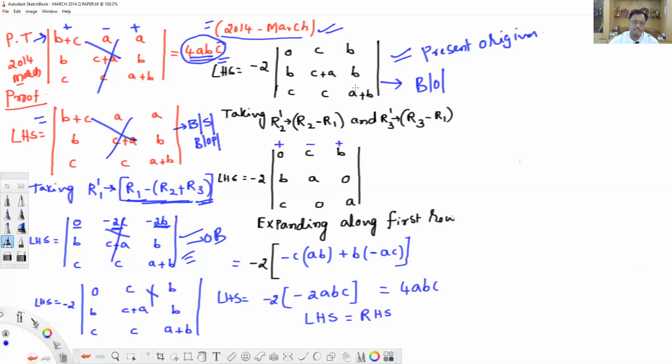Now again there is some problem. I want to do once again some operation on that, before operation or before surgery. Before. Now what is that? What I have decided. Sir, why you have taken? Again this is minus 2. Look here, minus 2. 0, C, B, B, C plus A and B, C, C, A plus B.